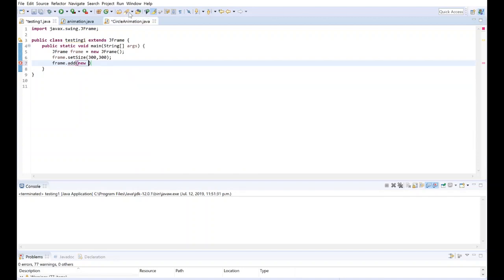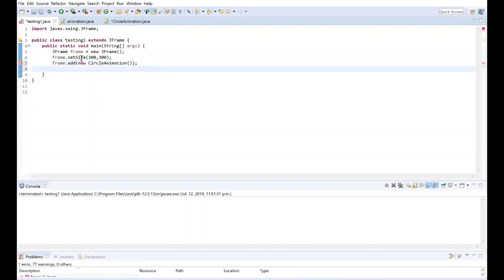So up here you can see that I've made another class called CircleAnimation. It will be extending JPanel, and so we will be adding this panel to our frame by using the .add method. Okay, then let's make sure that when we close our program,